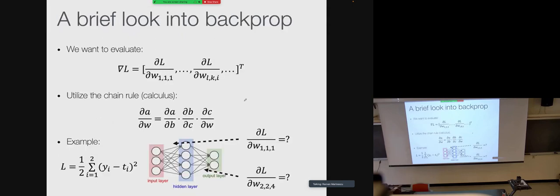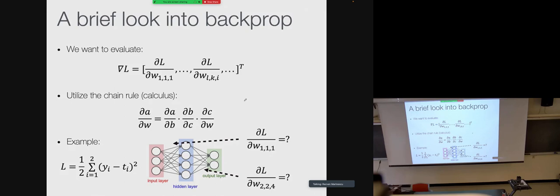But let's look at backpropagation. This is a very important concept in neural networks, and I think it's important to go through it to understand the fundamentals. So in general, with backpropagation, what we want is to compute the gradient of a loss function, as I said earlier, with respect to the weights. So the gradient here would be a vector of many derivatives with respect to each weight parameter, so W111 and so on. And here, the indices mean, for example, the gradient of the loss with respect to W, the weight at layer L, which goes to neuron K from neuron I.